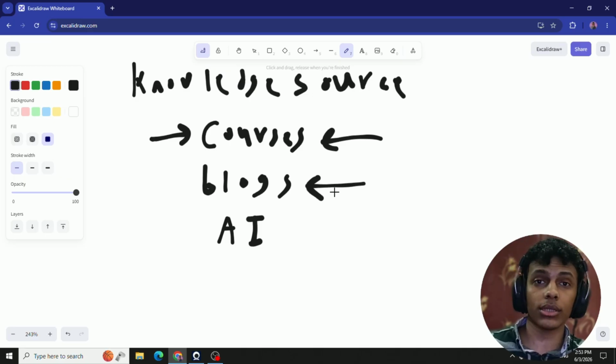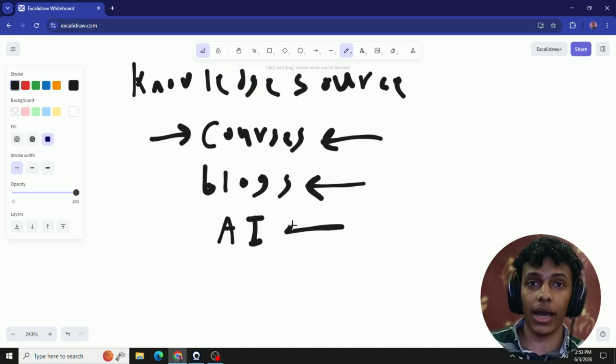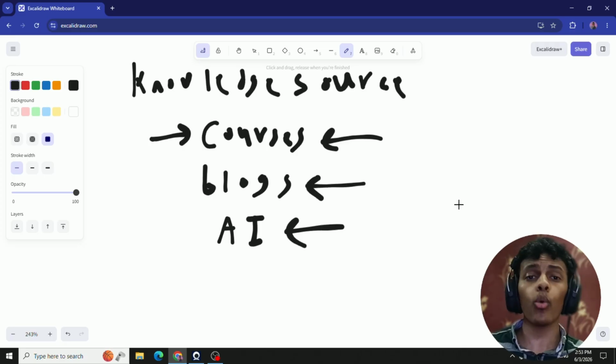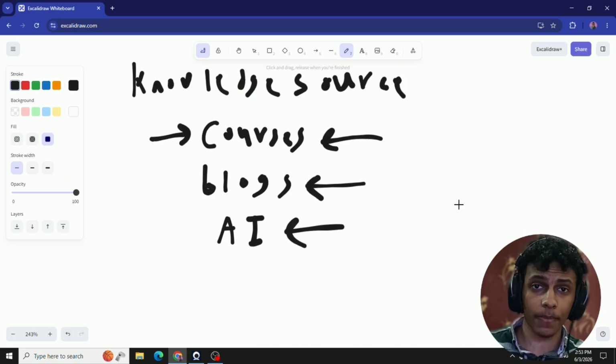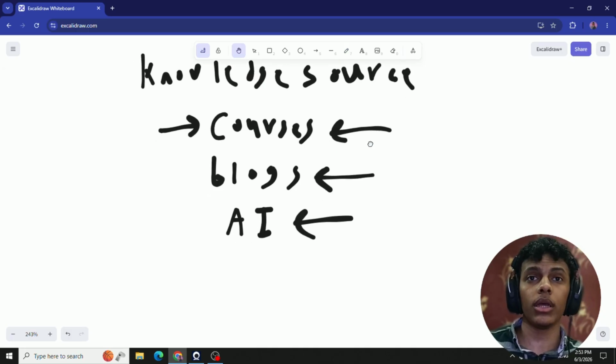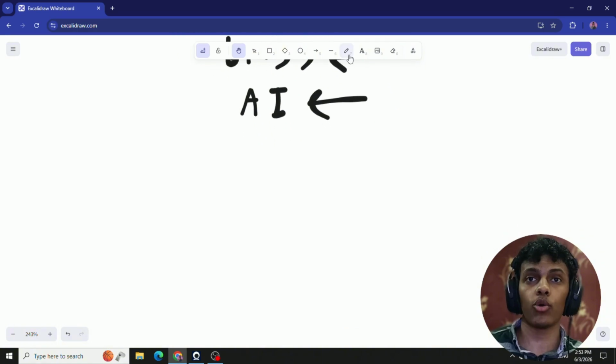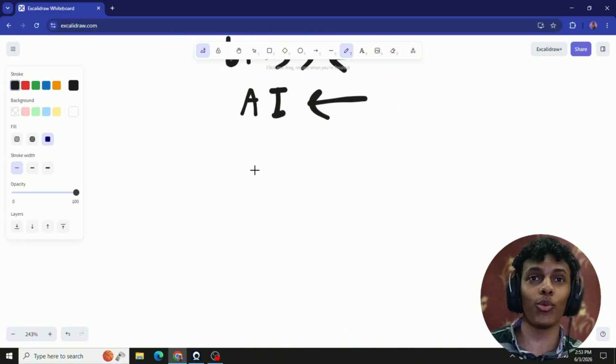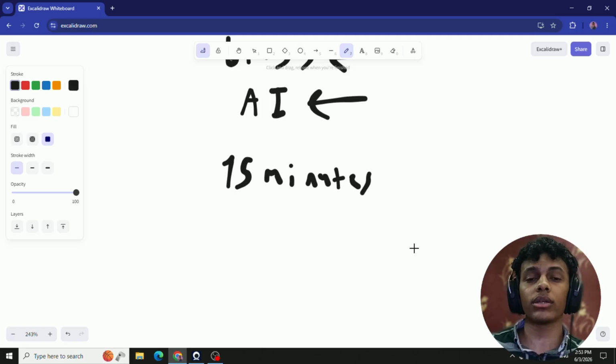The third knowledge source is AI, and I always advise against using AI as a beginner. But if you're going to use AI, you can do what I call the 15 minutes rule. It works as follows.